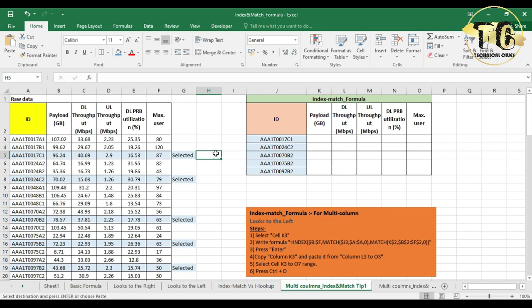Next sheet, multiple column index match formula tip 1. In this case, we will try index and match formula for multiple columns while retrieving data from the columns at the right hand side in the raw data columns, like this. For this,